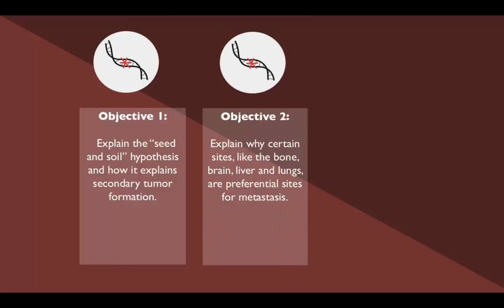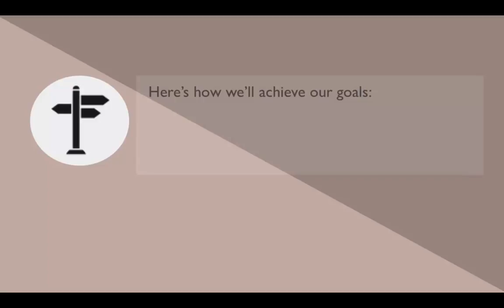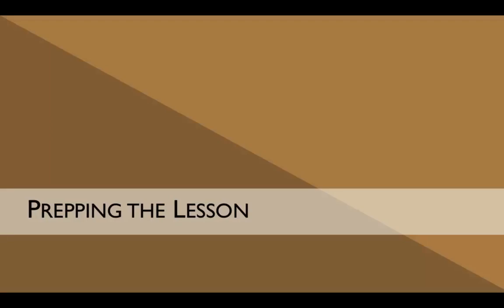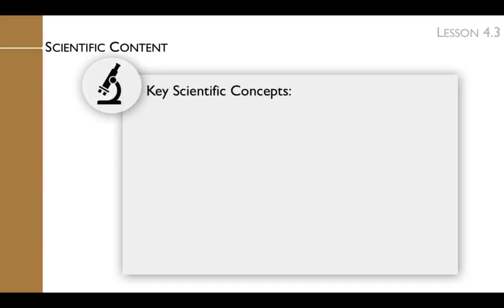Explain why certain sites, like the bone, brain, liver, and lungs, are preferential sites for metastasis, and explain how malignant tumors become dangerous when they form secondary tumors that disrupt the vital function of organs. We will achieve our goals by engaging in an interrupted case study about the evidence for the seed and soil hypothesis. To prepare for this lesson, you'll need to review the following key scientific concepts that will be presented throughout